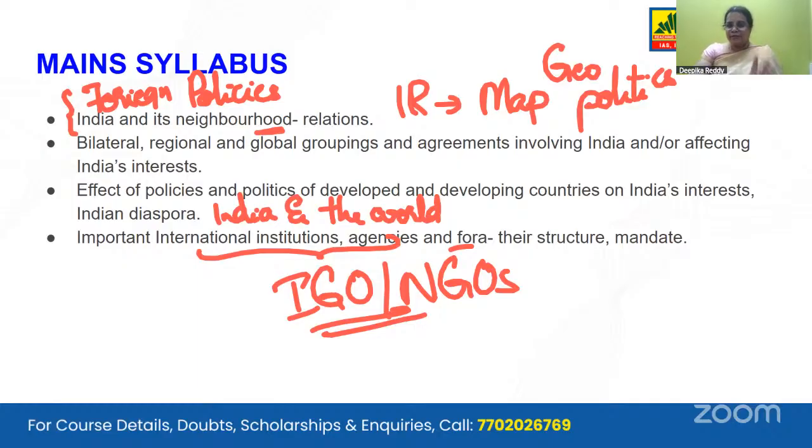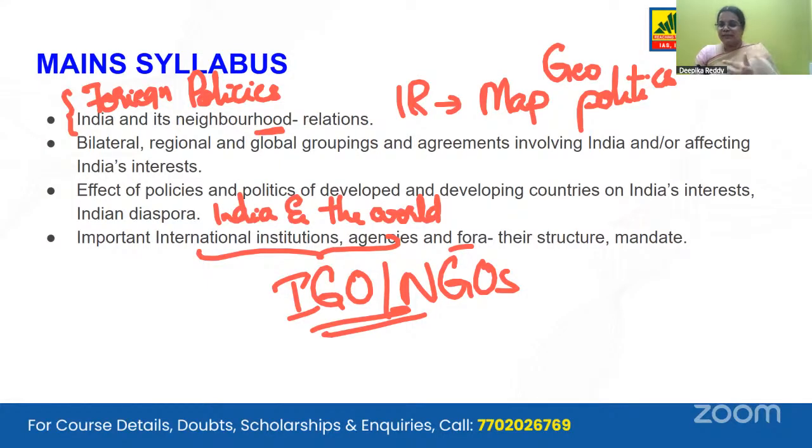So if you have to divide and read foreign policy, India's foreign policy and its relationship with the neighborhood, then India and the world will be a larger topic, but it is mostly current based. Then the second segment of it will be IGOs and NGOs. What I usually suggest is to read one IGO every day. Try to get a hang of one IGO every day. It becomes very easy to complete it. By the end of a month, you'll have all IGOs in place, and then you revise.